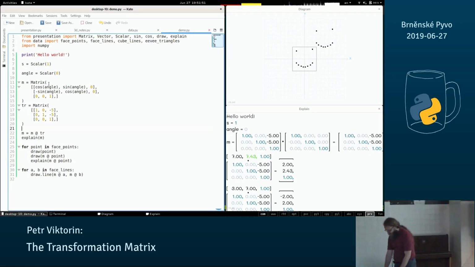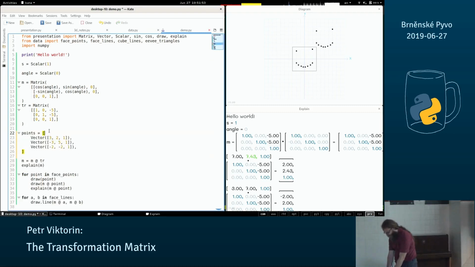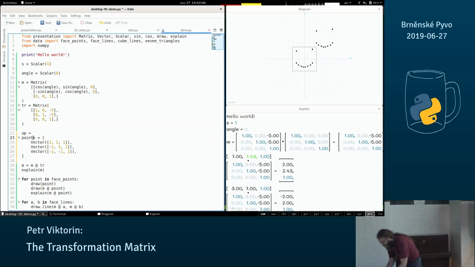So, if my vector has a 1 here, that means it's a point. It's a position in space. If I put a 0 there, that means it's a direction. So let's say the up direction goes in the plus y direction, right? So I can draw